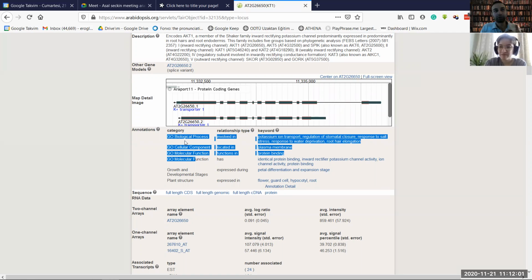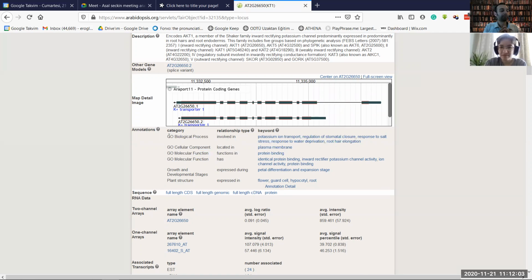So GO terms are general categories, and the reason to have this is when you do a microarray experiment,